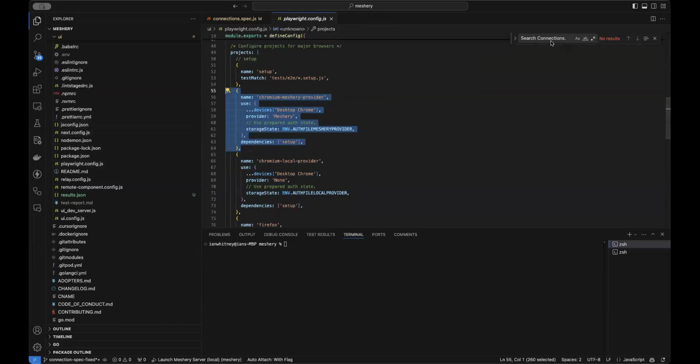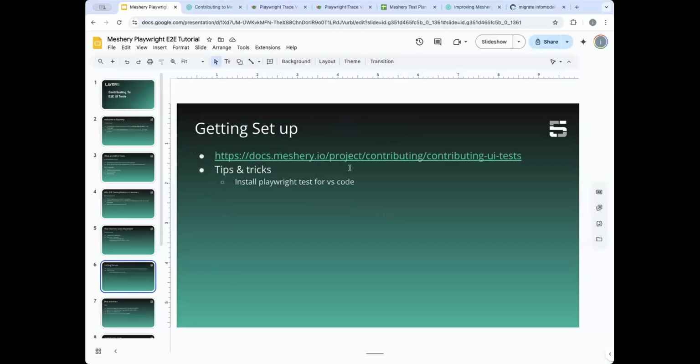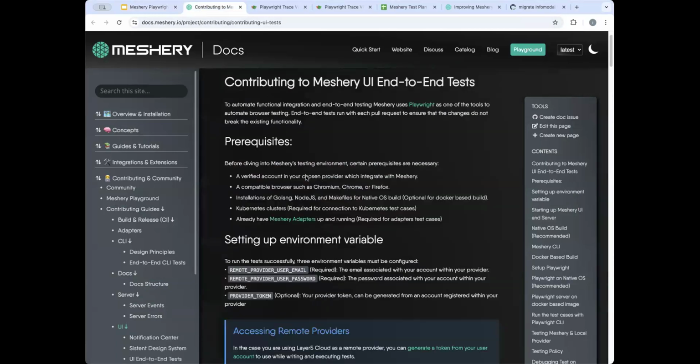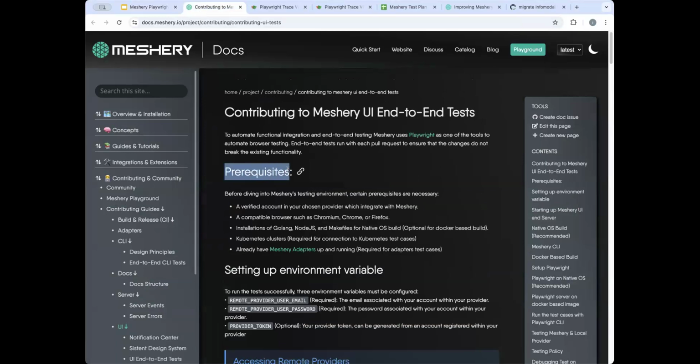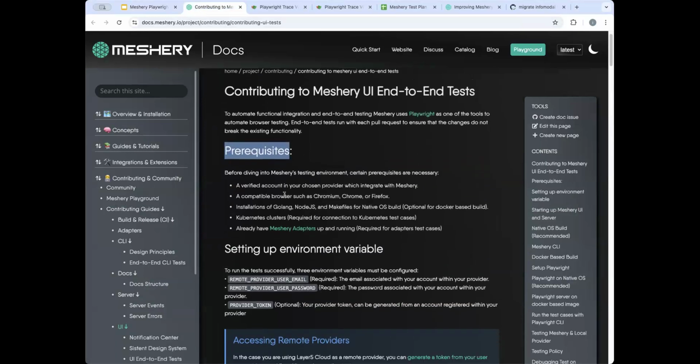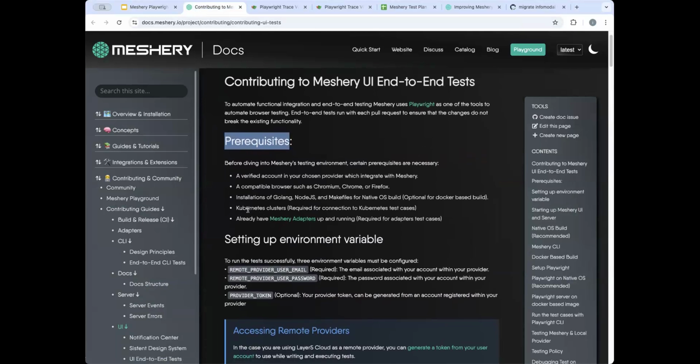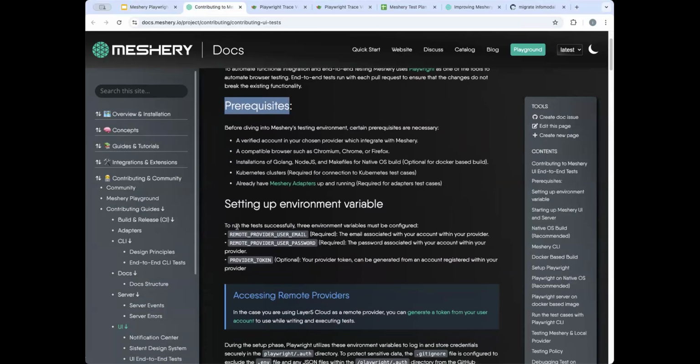Now I'm going to switch screens and go through, at a high level, that document that Vivek shared already, our contribution guide. This is where you're going to want to start once you clone down the repo itself. Scrolling to the top, again, there are some prereqs that you should make sure of. A lot of these are different resources, so adapters aren't necessarily needed, and clusters aren't necessarily needed for some of the tests. What is needed if you're